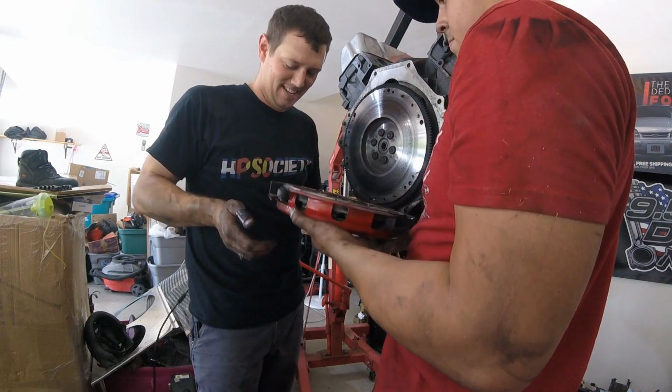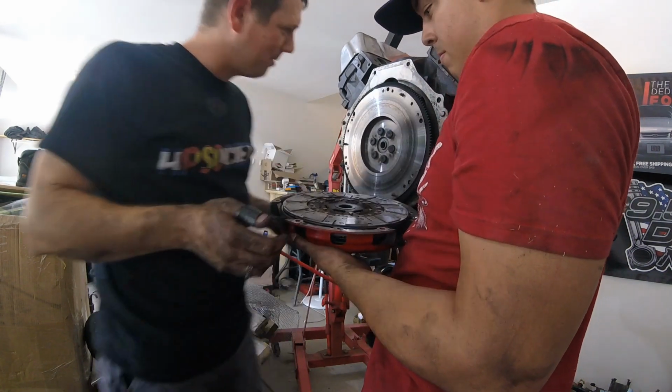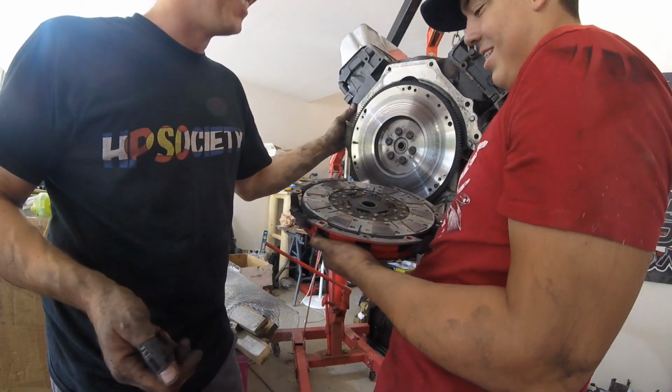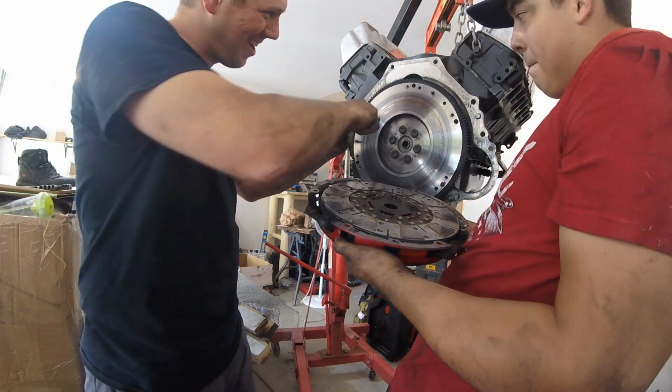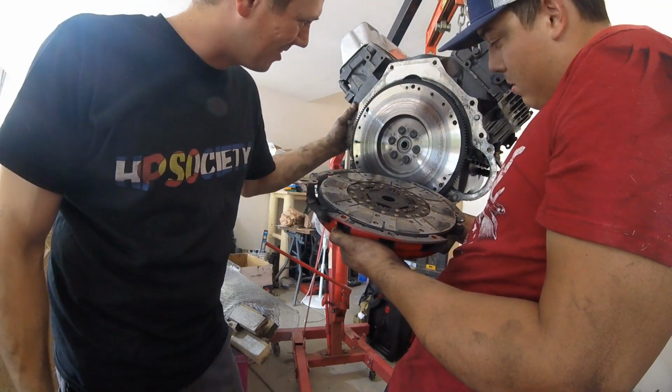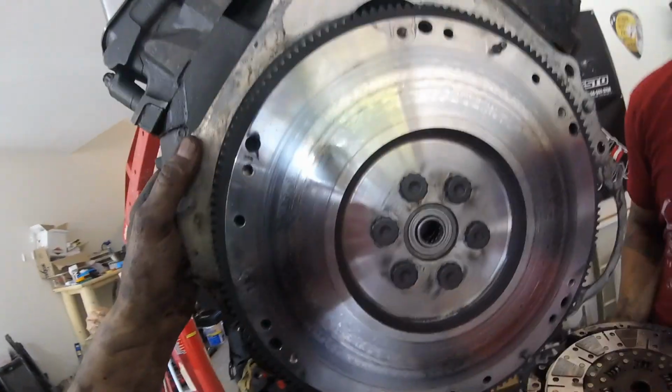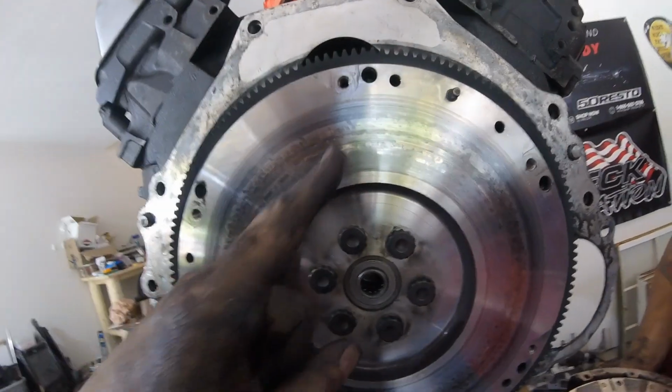Hold it like that. Now you see how I was telling you that your flywheel looks really good? You see the difference? You see how heat checked mine is? How it's been slipping? This, folks, is indicative of clutch slippage, which I was 100% sure I had. You can see the...